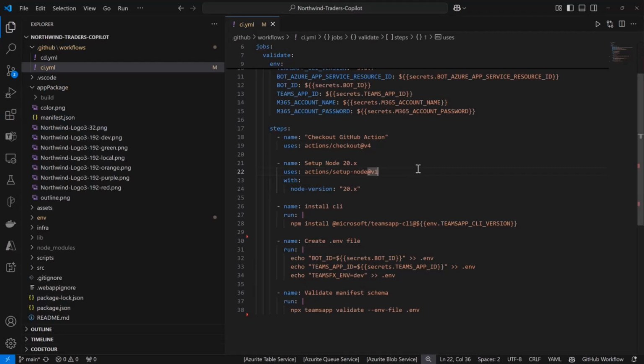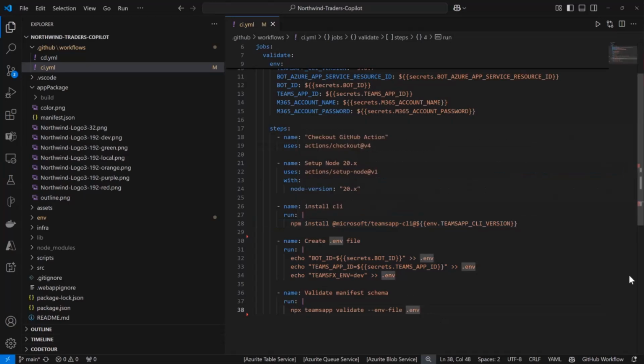We are also adding some features so that you can run the validation logic that Teams Developer Portal does. This is things like making sure that your app is not going to have any breaking rules that would prevent it from being published. Right now you can do that locally with the CLI, but it's a little trickier to do it in CI due to authenticating with your M365 account. Those are features that we're working on. So right now we can do manifest schema checks, and that's what I've added here.